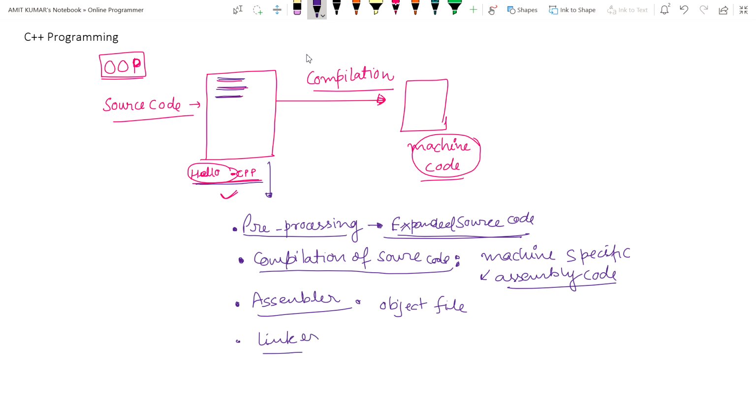And finally, the linker is another program that takes this object file and links it with the definitions of multiple functions that we have used, the library functions, and creates a final executable program.